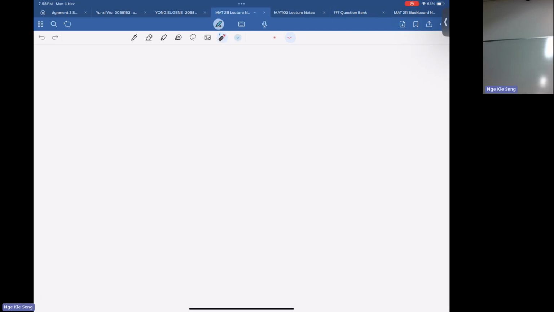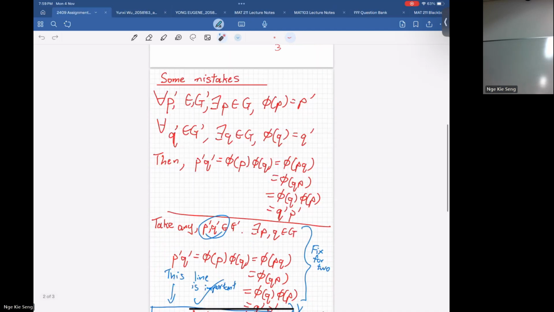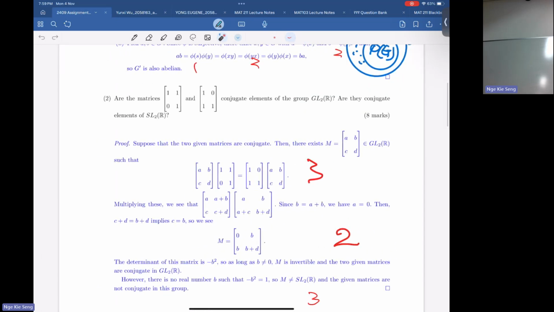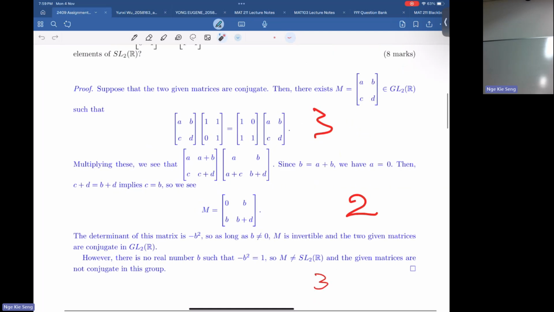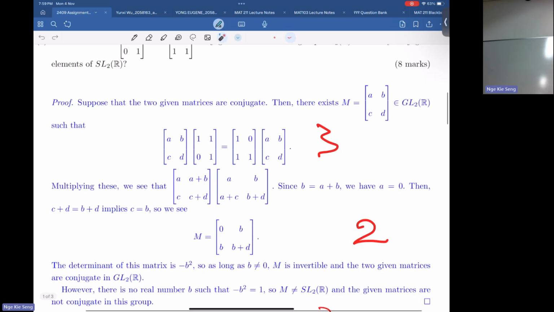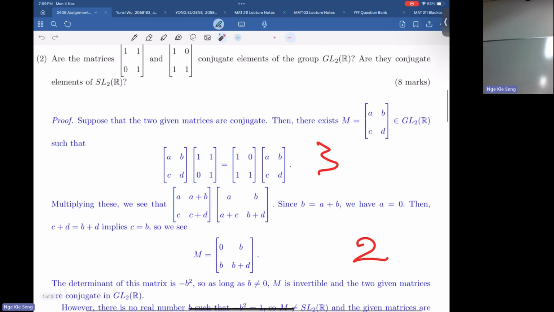Okay, so this is question 1 about quantifier. How about question 2? I think for question 2, all of you did a good job. You said A, B, C, D and then you tried to find out what a possible A, B, C, D is here. So what do you need to make sure? First, you need to be conjugate under GL2, so you need to make sure that the determinant is non-zero. And the second case is SL2, where you need to make sure that the determinant is 1.